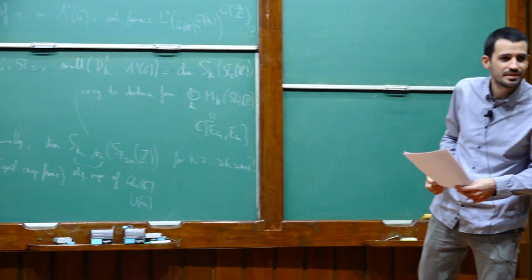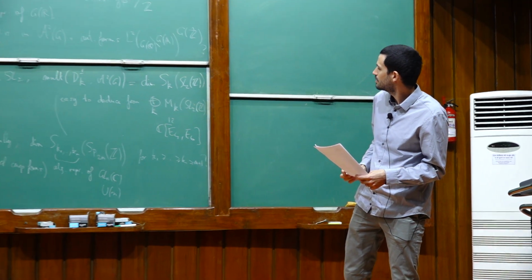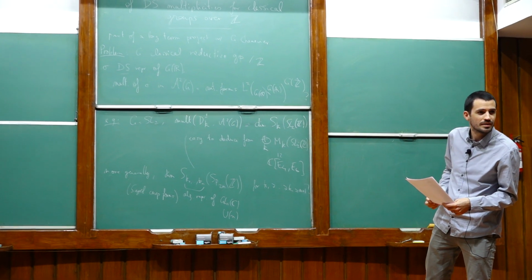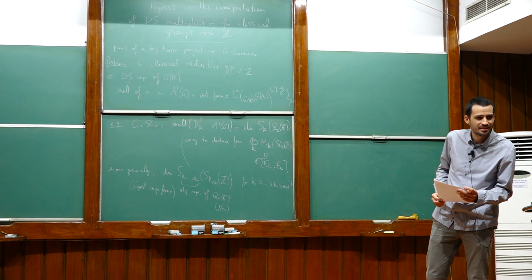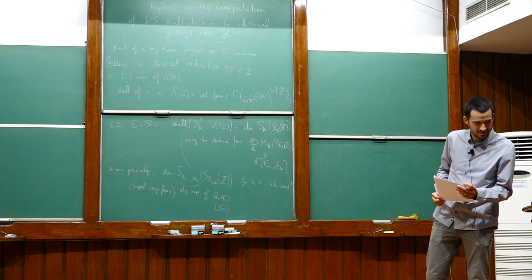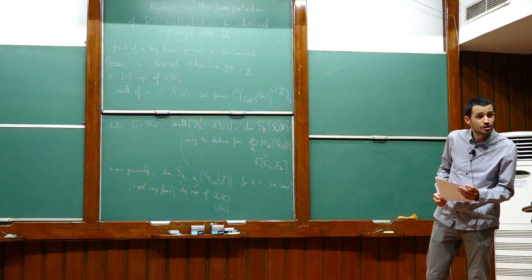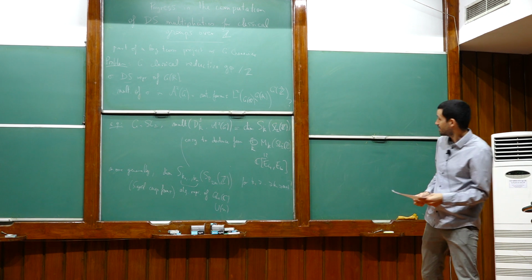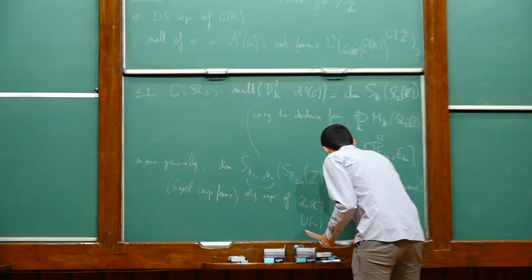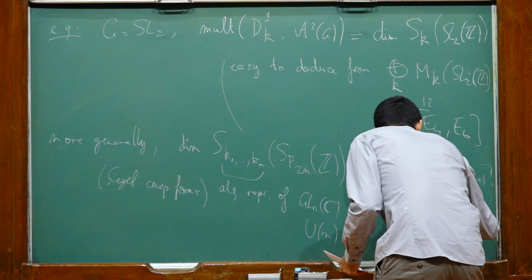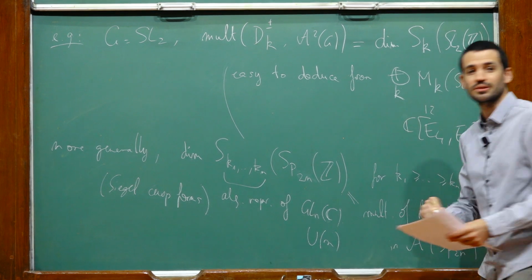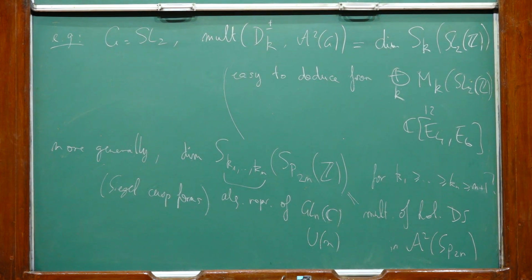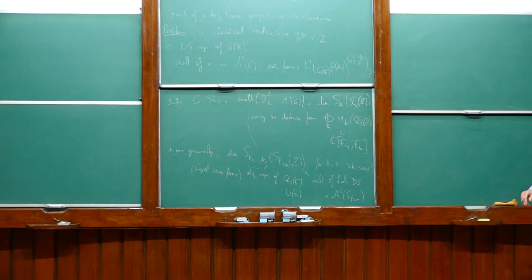I didn't get your question, I'm sorry. The obvious thing is that the multiplicity of the discrete series in those automorphic forms is exactly the dimension of the cusp forms of weight. So here when you're saying this is the dimension of the Siegel cusp forms, yes. Does it correspond with some multiplicity? That is equal to a multiplicity of holomorphic discrete series. The group is symplectic, yeah.